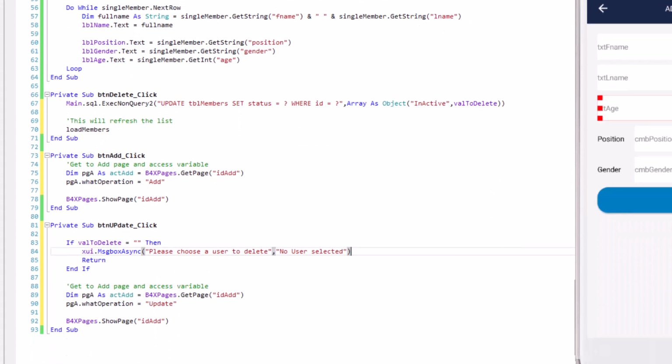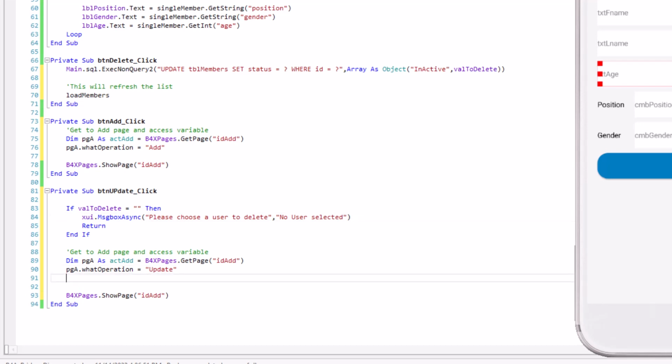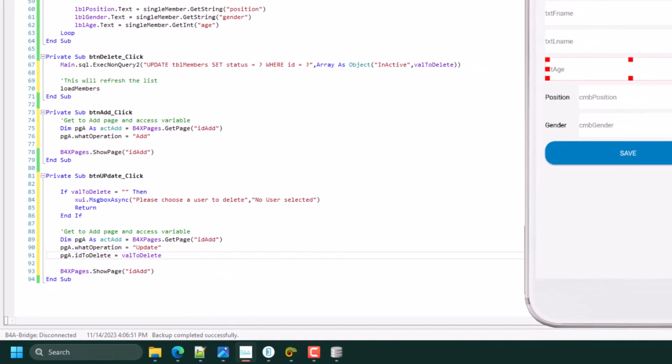So here we'll update ID to pga.id to delete, which is also equal to value to delete. Good. So now ID to update. Let's change this name to ID to update.